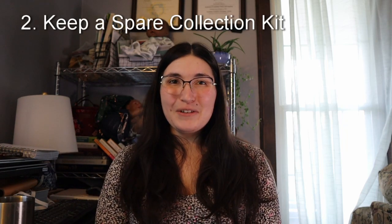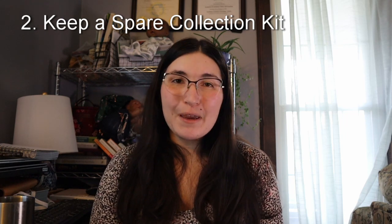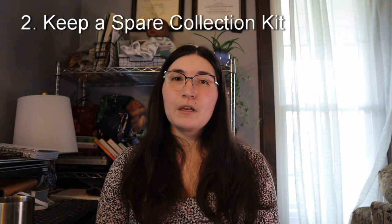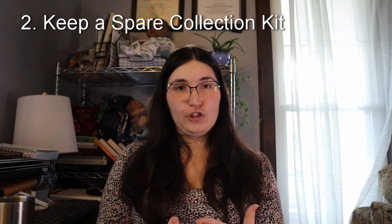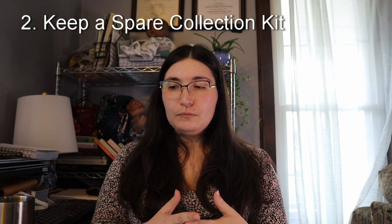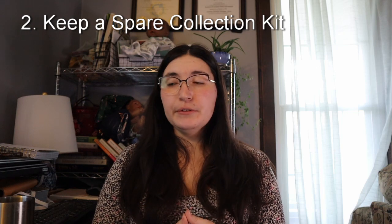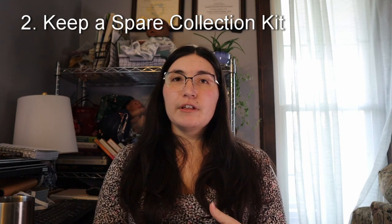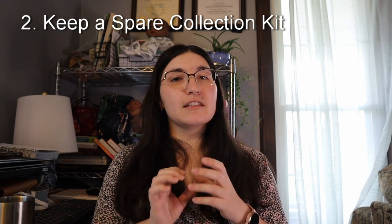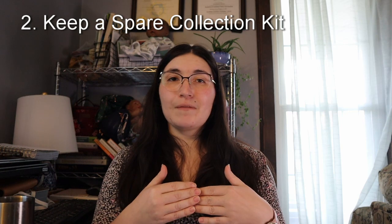So that brings me to tip number 2. Keep a spare collection kit in your desk or in your car. So that means the whole collection kit. And for some of those like wearable pumps, that might be a little expensive to do, but you want to make sure that you have at least a spare set of the little pieces, the valves, the membranes, those things that are essential for the